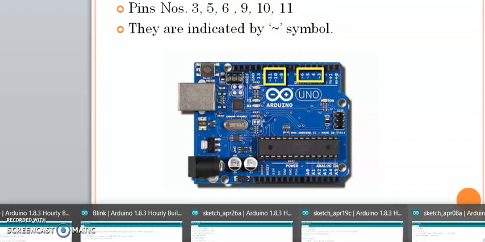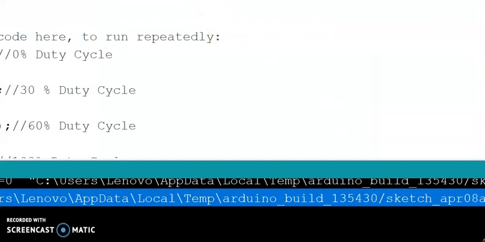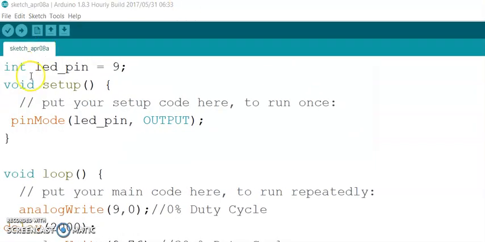Accordingly, in this code I need to provide that the LED pin I am going to use is pin number 9. In the setup we are going to use pinMode. Using pinMode, one is going to declare or configure the pin either input or output in the same manner as discussed previously. So pin number 9 is declared as an output in the setup. That's all in the setup, because we are going to just use pin number 9 for PWM wave generation.